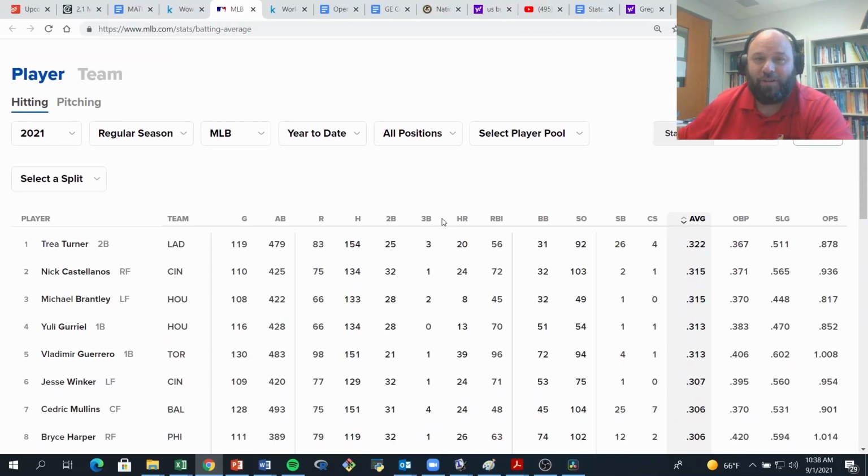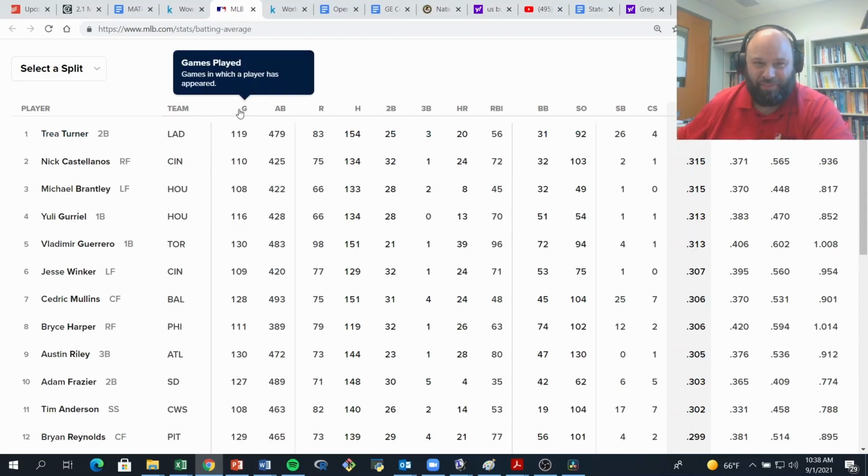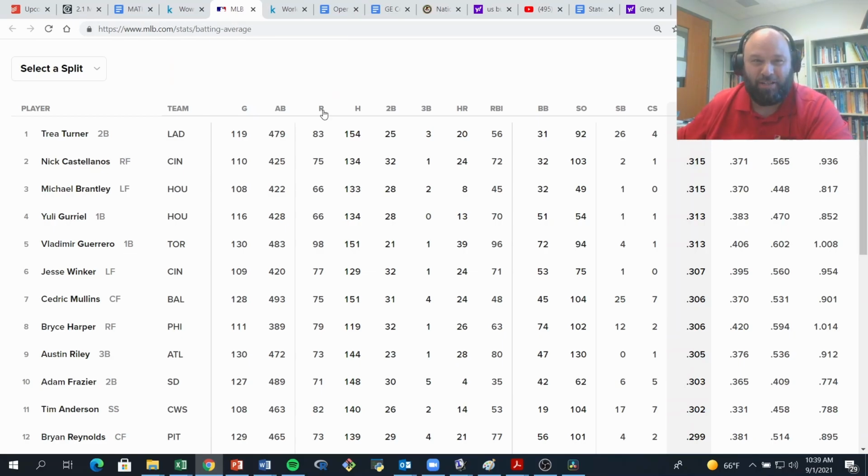So Major League Baseball collects a lot of data, and we've got a large number of variables for each player. We've got the team variable, the number of games that they've played, that's a variable. How many at bats each player has, that's a variable. How many runs they've scored, hits, doubles, triples, home runs, runs batted in, and so on. So each of these columns is a variable. The rows can also be thought of as variables too. You'll see that most of these variables are quantitative, as we said in an earlier video, except the team variable